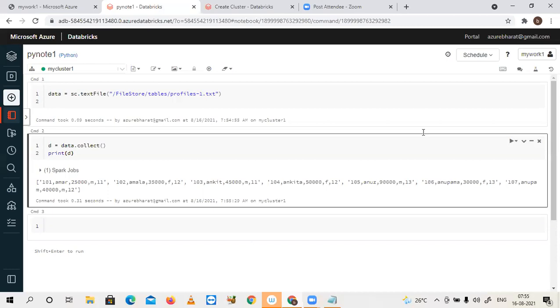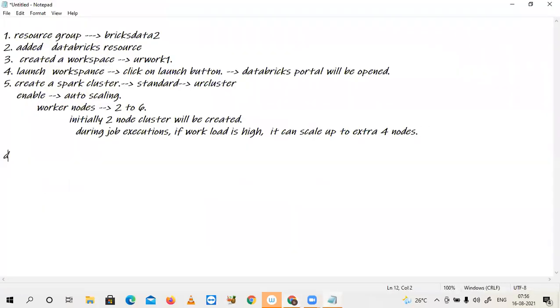The first statement is like this: data is equal to sc.textFile of your path you are giving. Yesterday I already explained this theoretically, now we are seeing the practical. Remember, this is not a data lake path. If you want to give a data lake path, some configurations you need to make. After that, the remaining work is the same. Once you become hands-on with this, I will bring you into that topic, how to integrate the data lake with this Databricks.